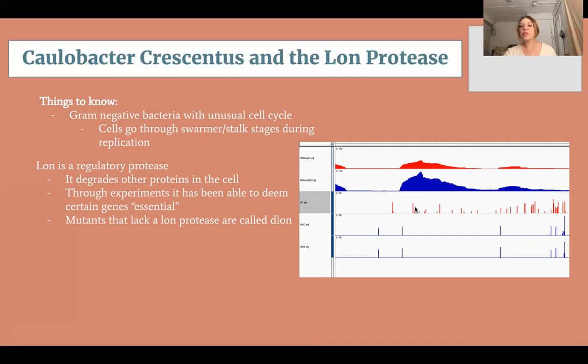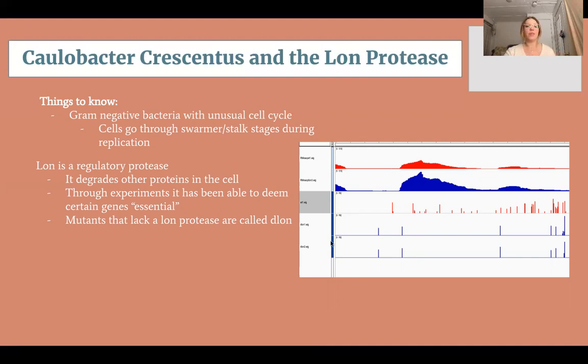And so cells or genes with a lot of transposons are actually not able to be produced. If you're able to see a gene right here, for example, the wild type of this gene is actually considered non-essential just because there are so many transposons that are introduced into the gene. If a gene in the transposon sequencing data does not have any ticks like this, it means it's considered essential. That means that you are not able to introduce any transposons and have a viable cell. That means the gene has to be present in order for the cell